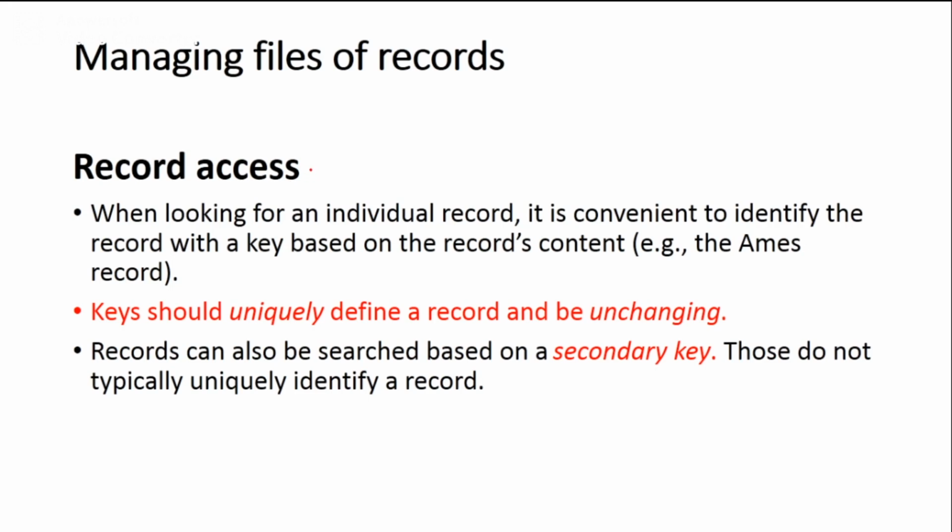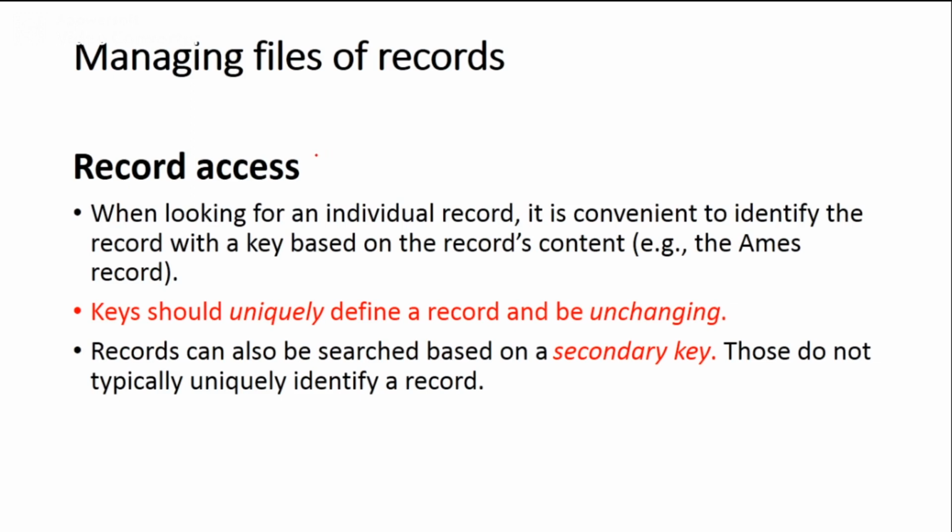You can access the records using either the primary key or the secondary keys. The primary key is a unique key that does not change. You cannot change that particular key, so I can call it an unchanging key. If you are going for the primary key, then record access will be easy, but remembering the primary key is a little bit difficult, since it is a unique key.